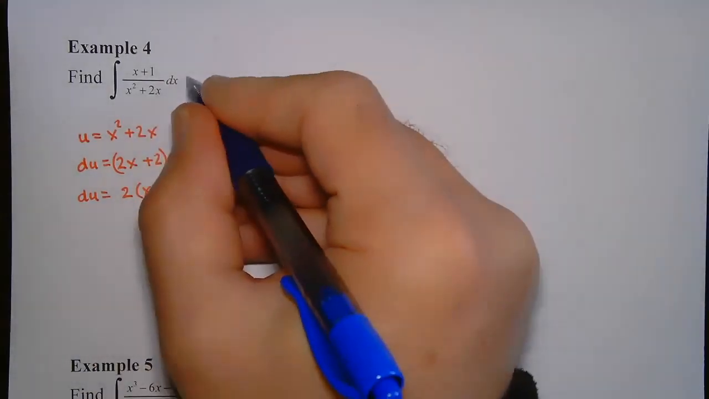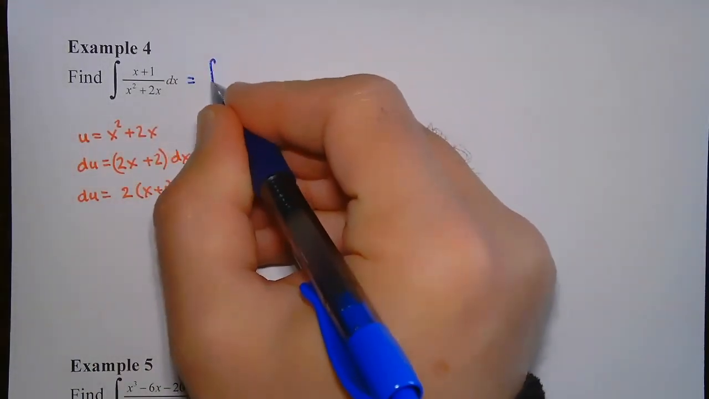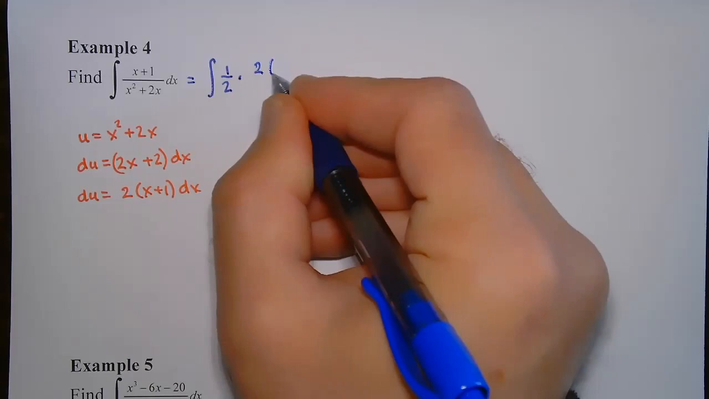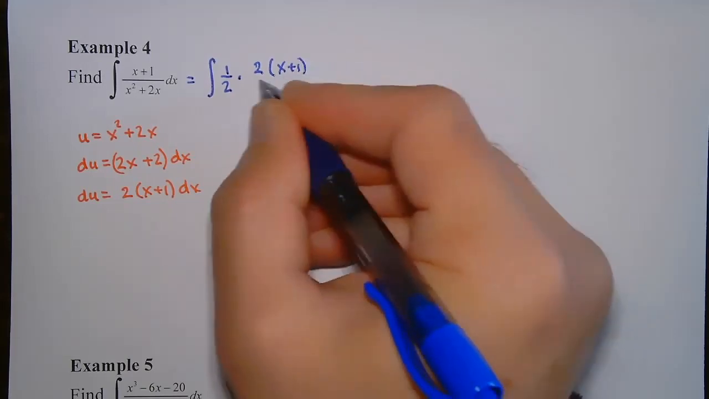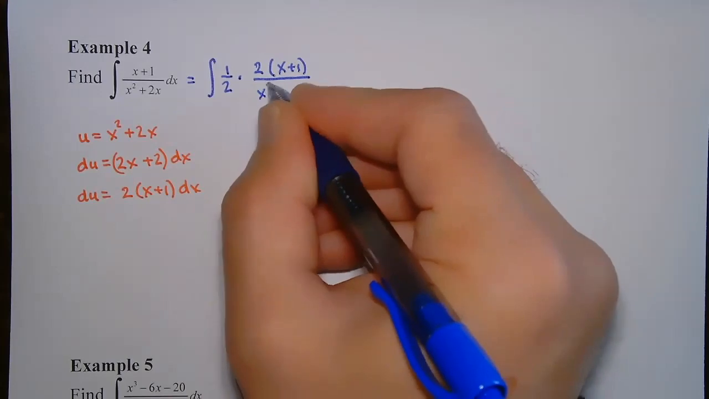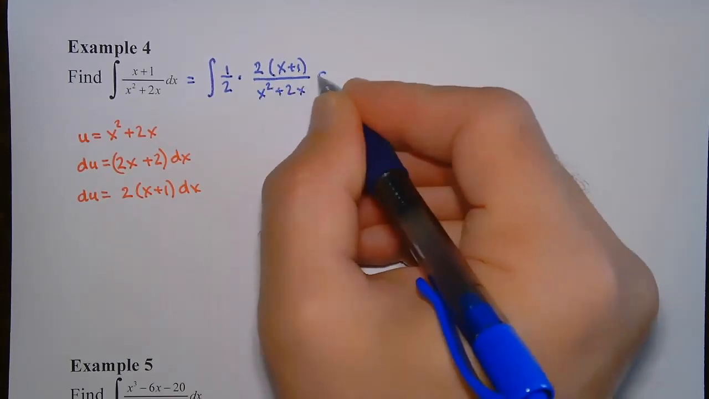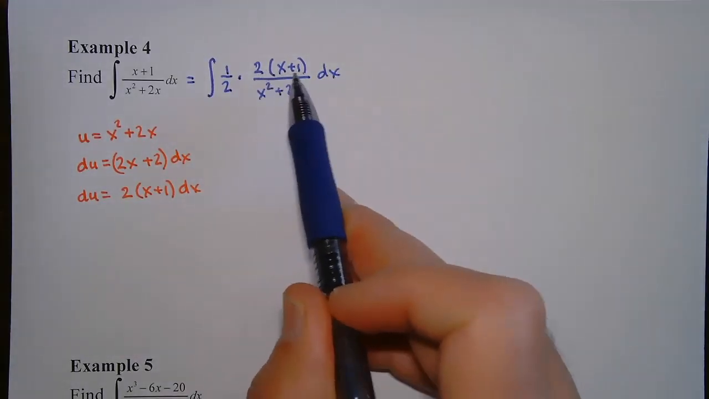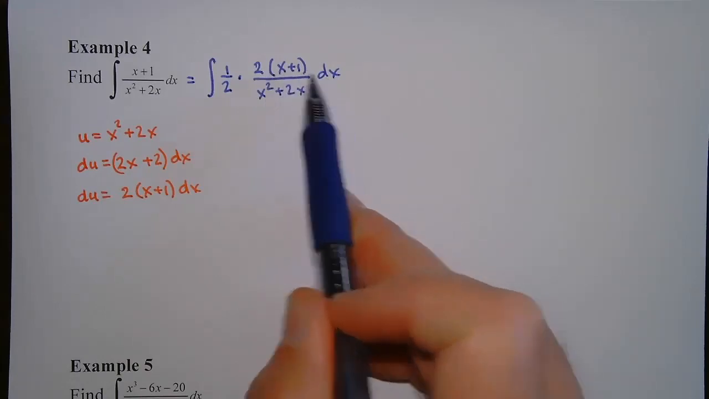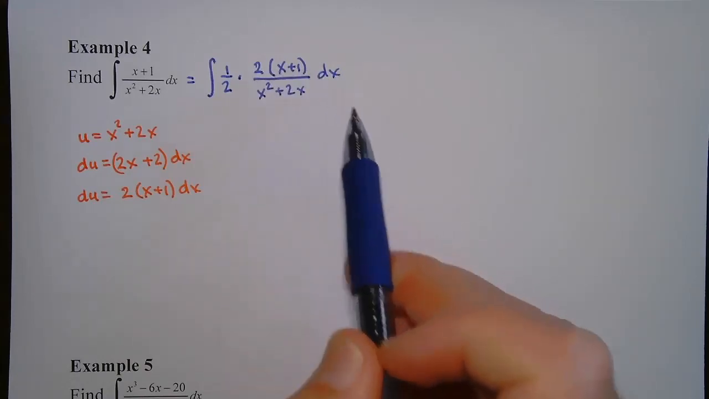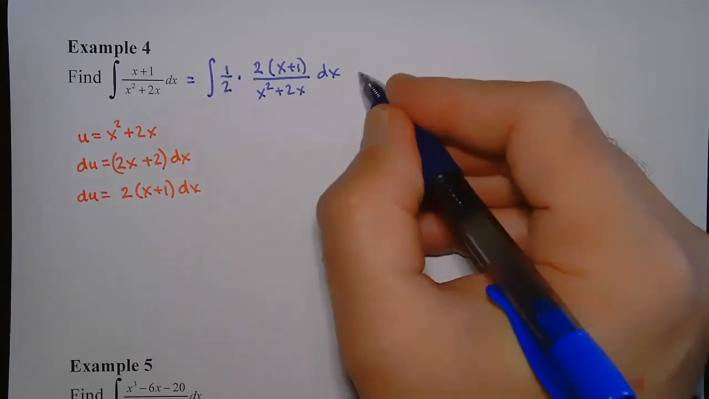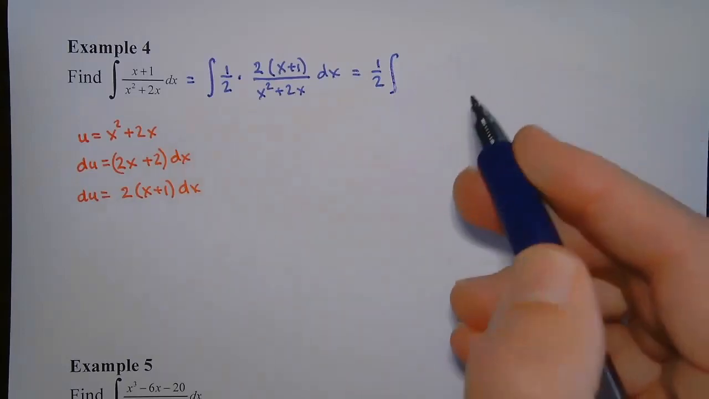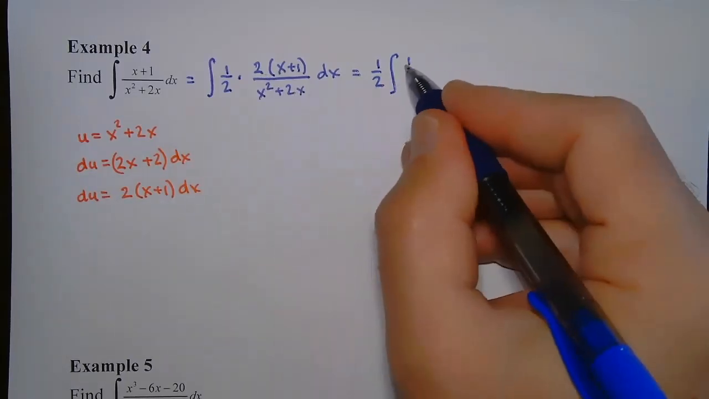So this is equal to the integral of 1/2 times, and I'm going to put the 2 in the numerator, 2 times x plus 1 over x squared plus 2x, and then dx. So the 2 times x plus 1 dx, these three terms right here, make up your du, and this 1/2 can come out. So this would be equivalent to 1/2 the integral of 1 over u